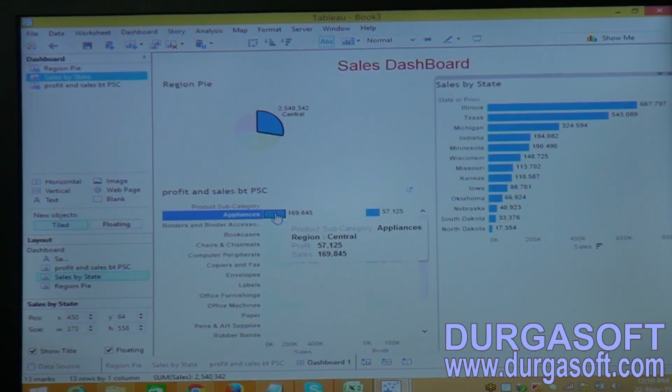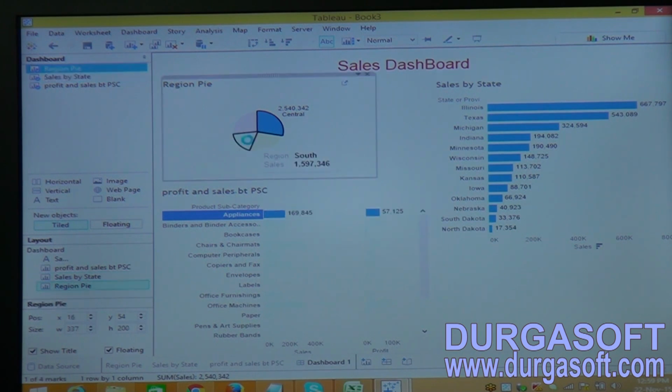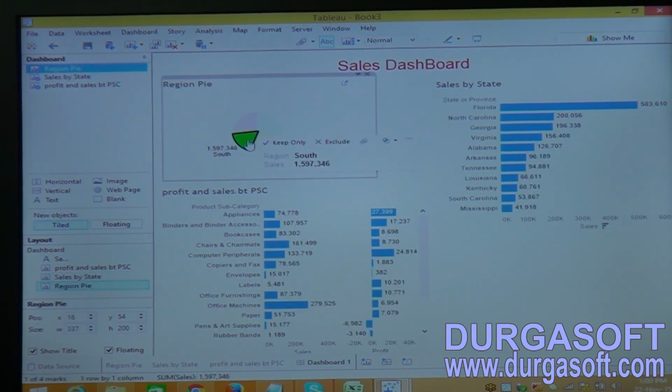Now see this, it is relevant to product subcategory appliance and region central, and what the profit and sales are in the central region. Now let me select the south region. Click on the south region. When you click on the south region in the pie chart, it is displaying the south region's data. Also, now just mouse over that. Now see this, the region value is south.